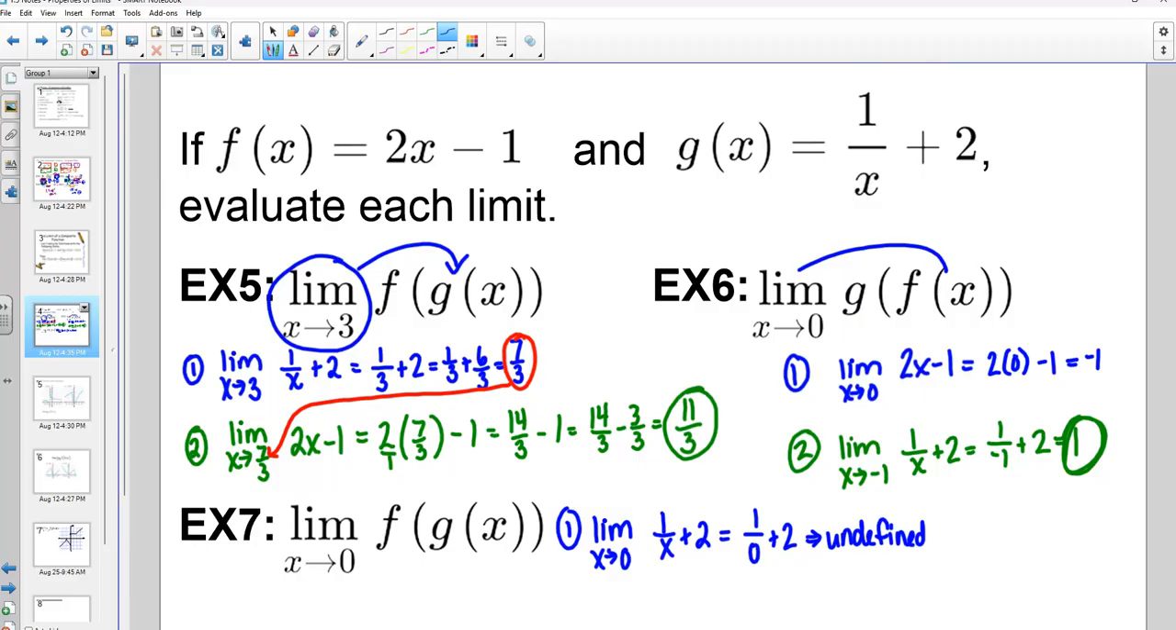What is going to happen here is when you start trying to do that first limit, you get 1 over 0 plus 2. That is undefined. So whenever you're doing a problem like this, we're going to see some crazy stuff happen on some graphs here in a minute. But on a problem like this, it's a direct substitution problem. If that is undefined, that tells us we've run into an issue. We're going to say the limit does not